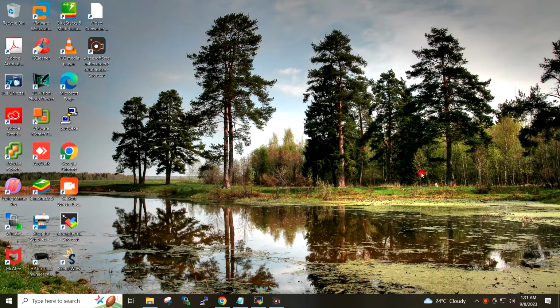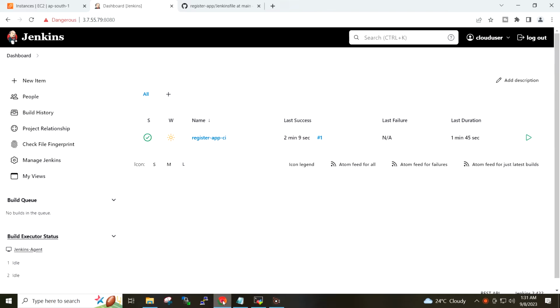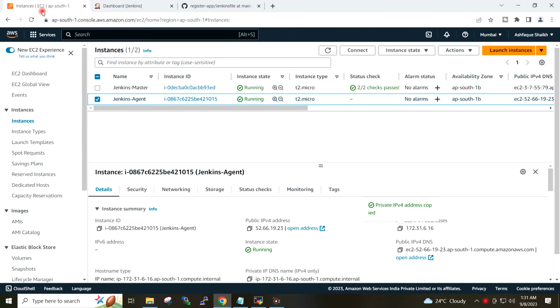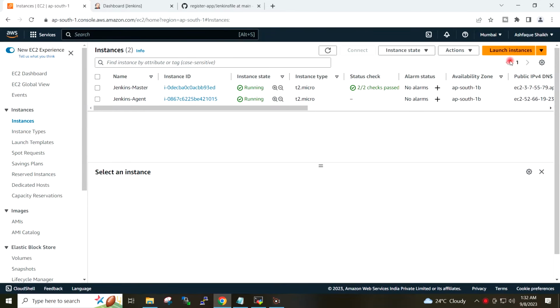Next task is to set up the SonarQube. So on the AWS console, I will go to launch instances.